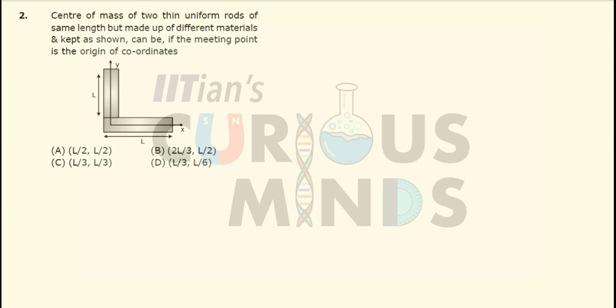If I consider the rod which is situated on the y-axis, its center of mass will lie somewhere over here at 0, L by 2, and the rod lying on the x-axis will have its center of mass at L by 2, 0, because its y coordinate is 0, and similarly for the first rod the x coordinate is 0. If I write down the general formula of center of mass, x will be equal to